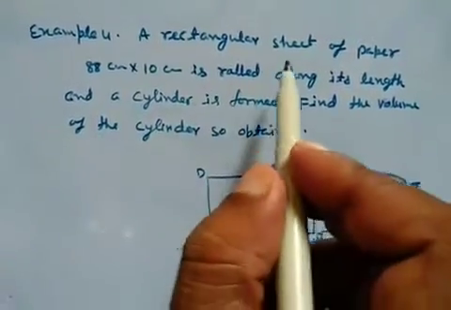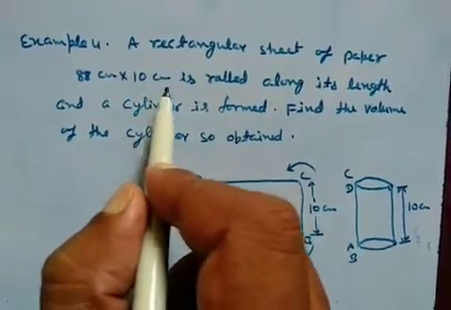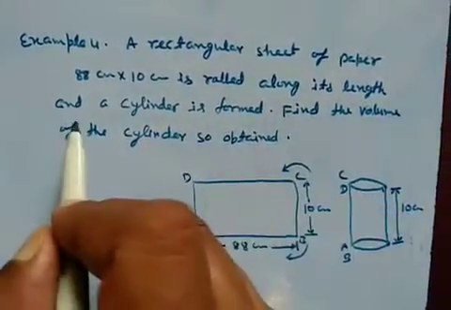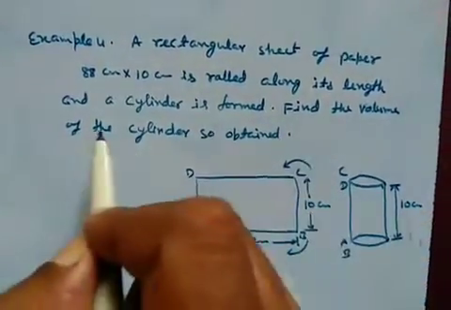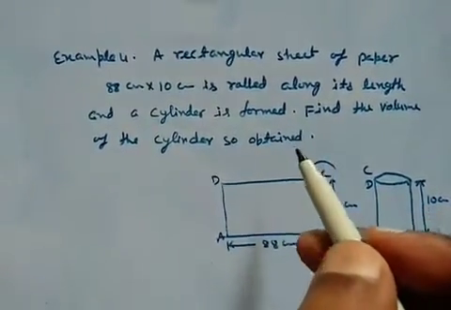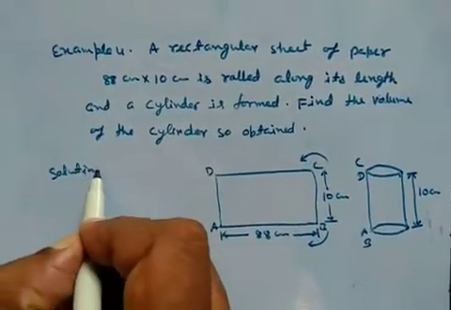Example 4. A rectangular sheet of paper 88 centimeter by 10 centimeter is rolled along its length, and a cylinder is formed. Find the volume of the cylinder so obtained. Solution. Let